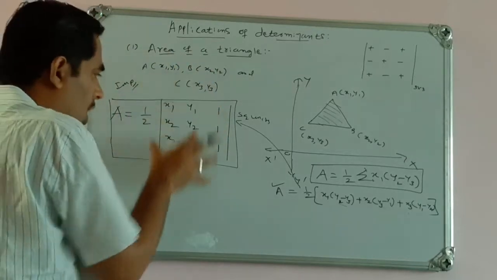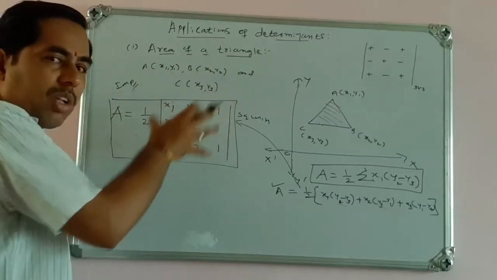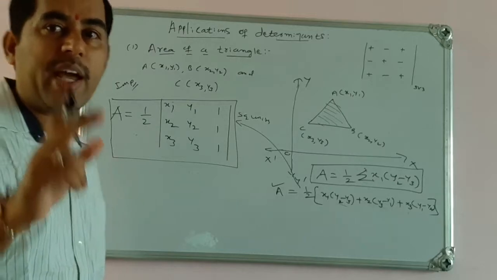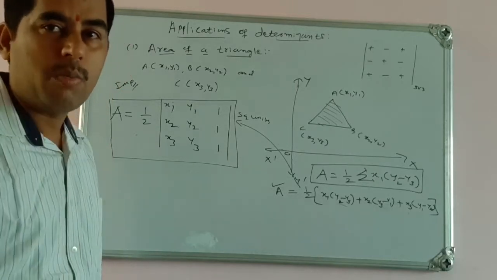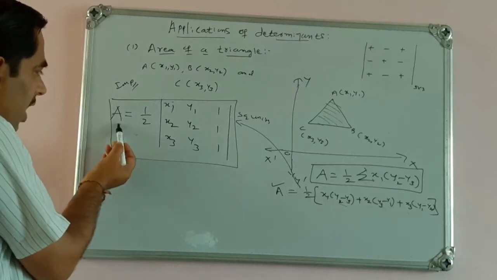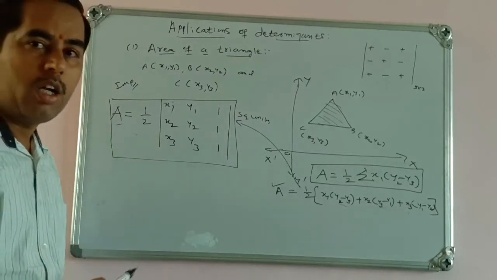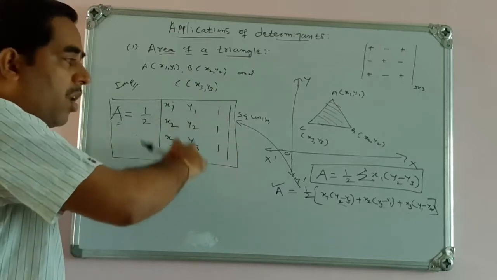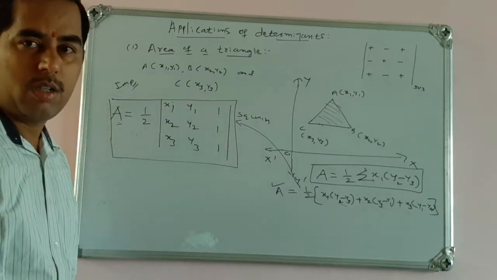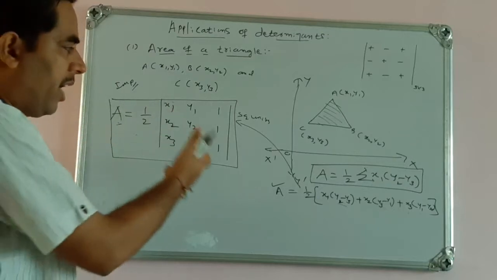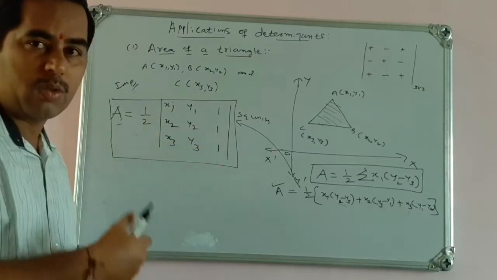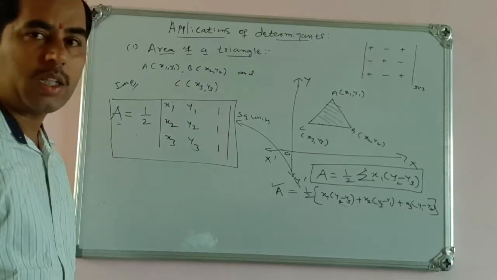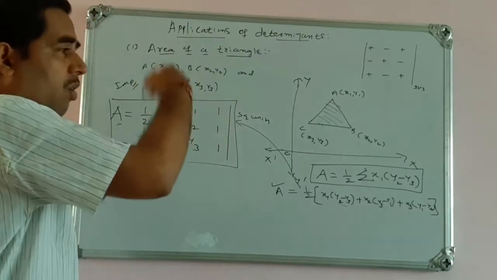Mod of half of this determinant. Whatever value we get should be positive, so we will not consider the area as negative. The area of the triangle is always positive. On the left hand side, I have written A, which means the area of the triangle. If the area of the triangle is given, then we consider both positive and negative values of the determinant. We cannot consider one value, we consider two values, and then simplify the expression on the right hand side. So this is the concept here.